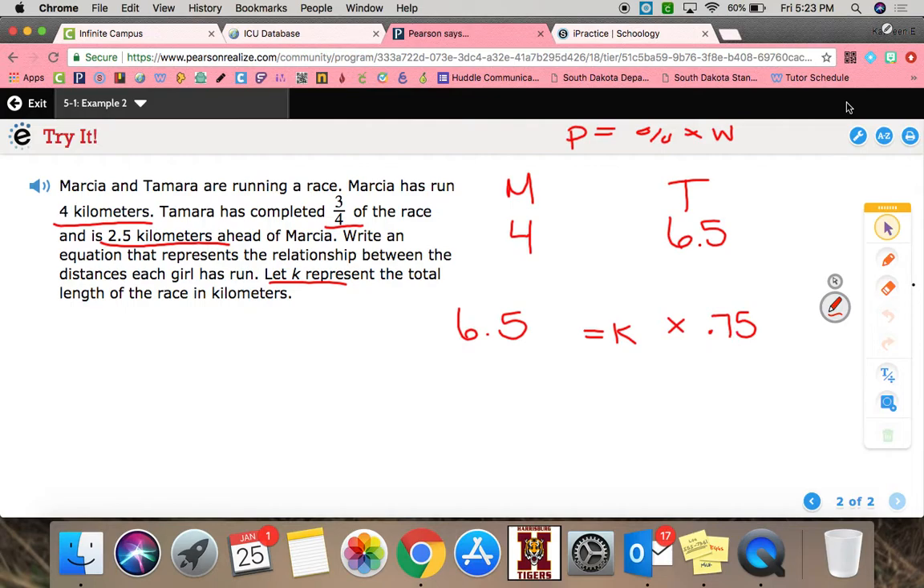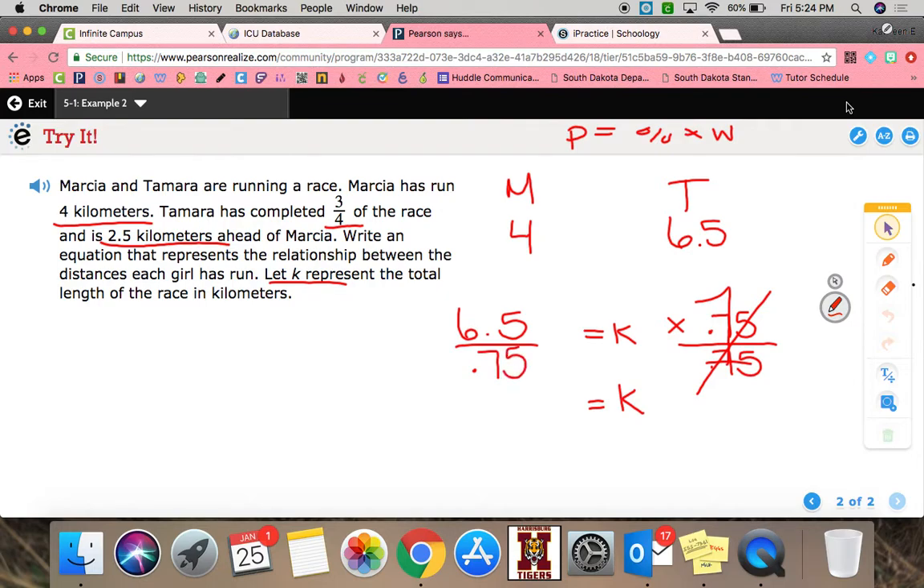Okay, so we have to have this equation say equals k. We could use this one, or we can represent it as something equals k by just rewriting. What is the opposite of multiplying by 0.75? Well, that would be to divide by 0.75. We're left with 1, and k times 1 is just k, and 6.5 divided by